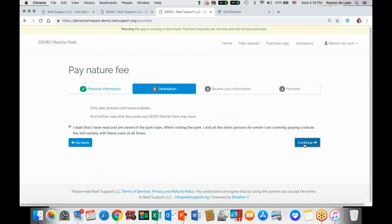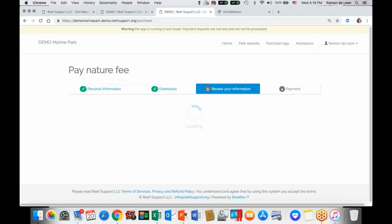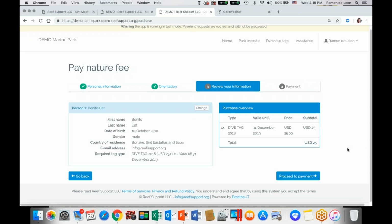The next page is review your information. If you did everything right, you don't have to do anything here, but if you made some typo, or put the wrong date of birth, you want to do some corrections, here's where you click change, and you change whatever mistake you made. It gives you an overview of what you have to pay, and then you jump to the payment